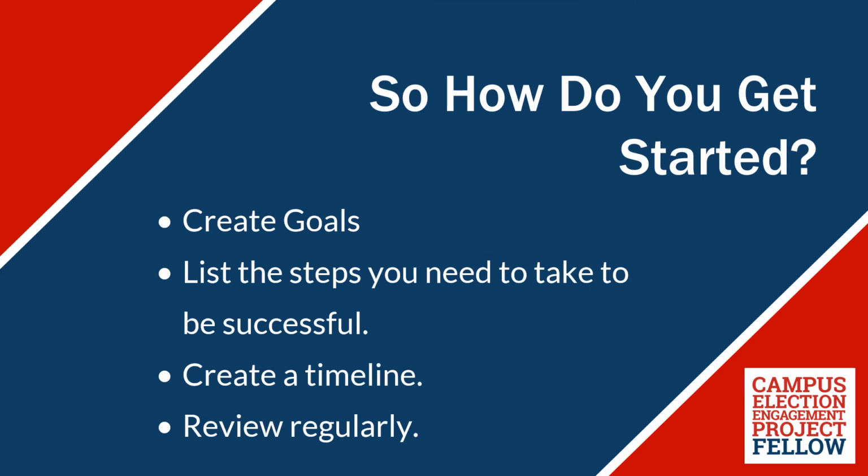So how do you get started in your voter engagement semester? The first thing you need to do is complete your engagement plan. Every fellow is provided an engagement plan at the beginning of the semester. This plan will guide you through your engagement work. This plan, along with your campus advisor and state director, will help you create goals for the semester, identify some steps to take to achieve those goals, and create a timeline to make everything happen. Update this engagement plan regularly so that you can keep track of your engagement activities and institutional project all in one place.